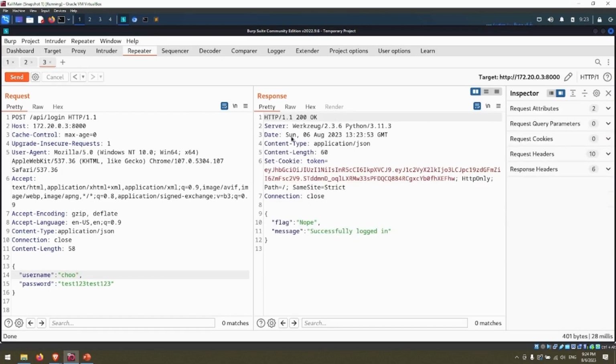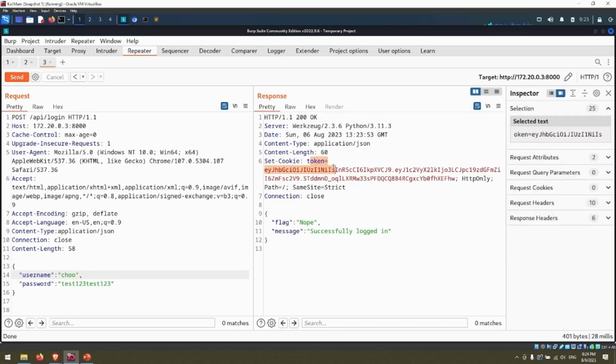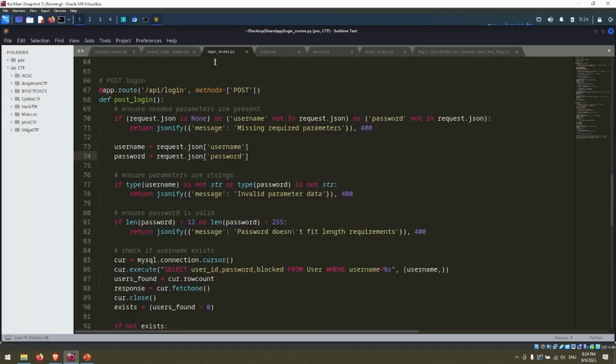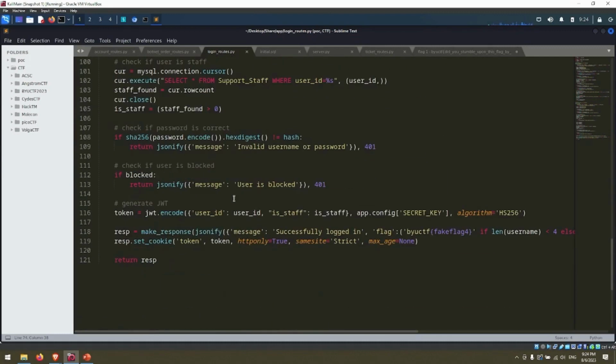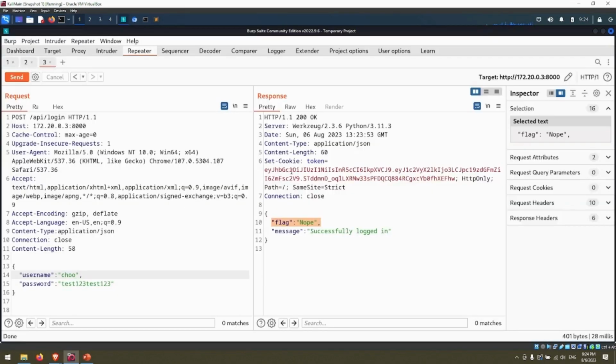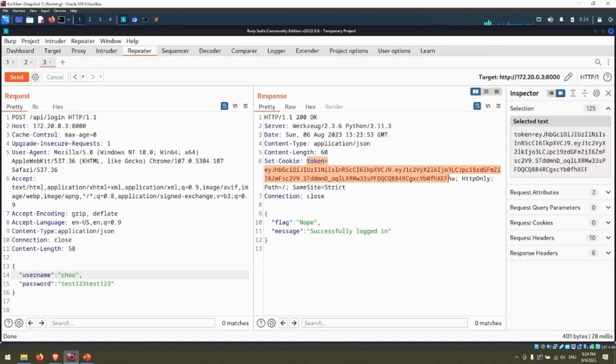Yep, here we go. We can see the token here and we can see one flag here. If you go to the login routes, we can see here. This is the fourth flag that will be coming back later. So we're gonna go through the second flag first. What we need to do, copy this token